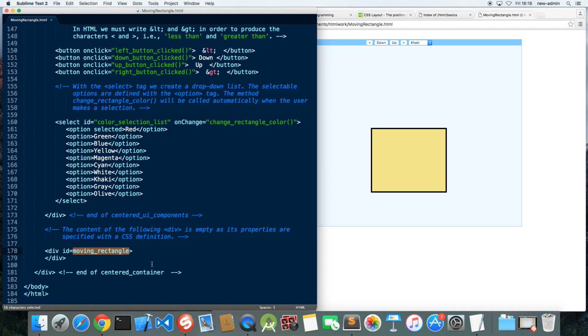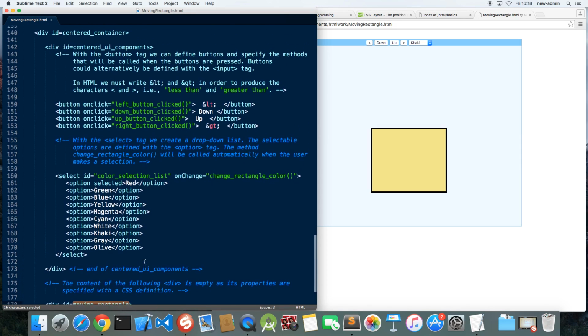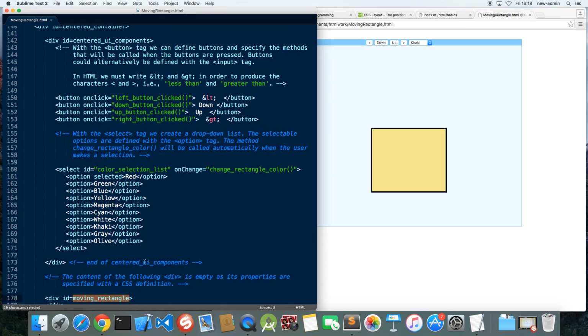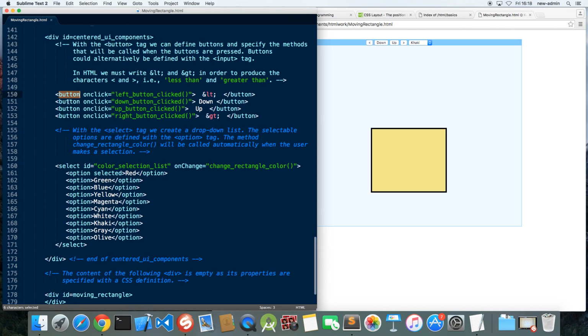So as the comment here said, the content of the following div is empty as its properties are specified with a CSS definition. So this moving rectangle is totally specified with CSS, and there is nothing there. And then these UI components are quite easily read through, so that we have four buttons there,